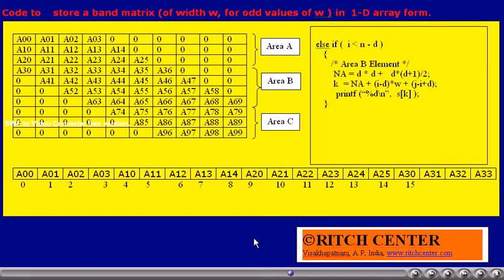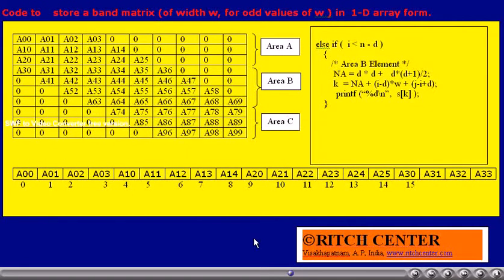Now we wanted the fifth row. Fifth row means fifth index we are worried about, which means that before this row, 5 rows are there. Out of them, 3 rows will not contain complete W elements. The I minus D rows, where I value is 5, 5 minus D, that is 2 rows, contain complete W elements. So the number of elements in those 2 rows becomes I minus D into W, that is 2 into W, plus, for that, we are supposed to add J minus I plus D.